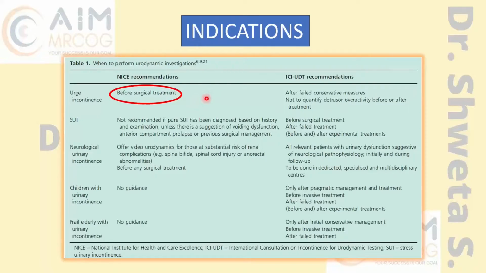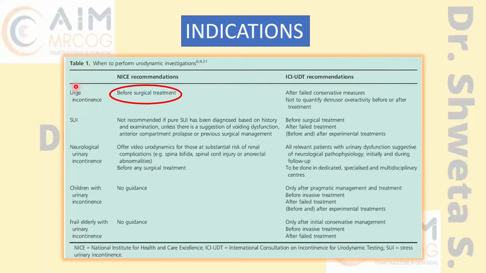Botulinum toxin A insertion in the bladder under cystoscopy guidance is the surgical management of urge incontinence, which you will always do after MDT. So whenever they ask you a stepwise approach, before any surgical treatment you have to choose MDT referral. If MDT referral is in the options, choose that. Before surgical treatment in urge incontinence, you always do urodynamics